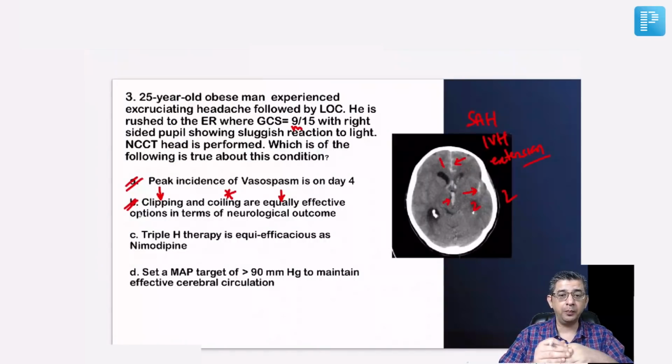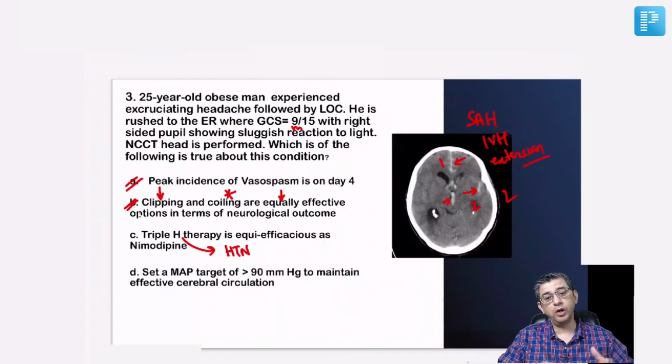Option C says triple H therapy is equally efficacious as nimodipine. Well, when we did not have nimodipine, triple H therapy was used. And what is triple H therapy? We were deliberately keeping the BP on the higher side. Why? Because you want to maintain the brain perfusion. And how were you achieving that? You were achieving that by causing hypervolemia. So we used to rush lots of fluid into the body of this patient, and this will also contribute to